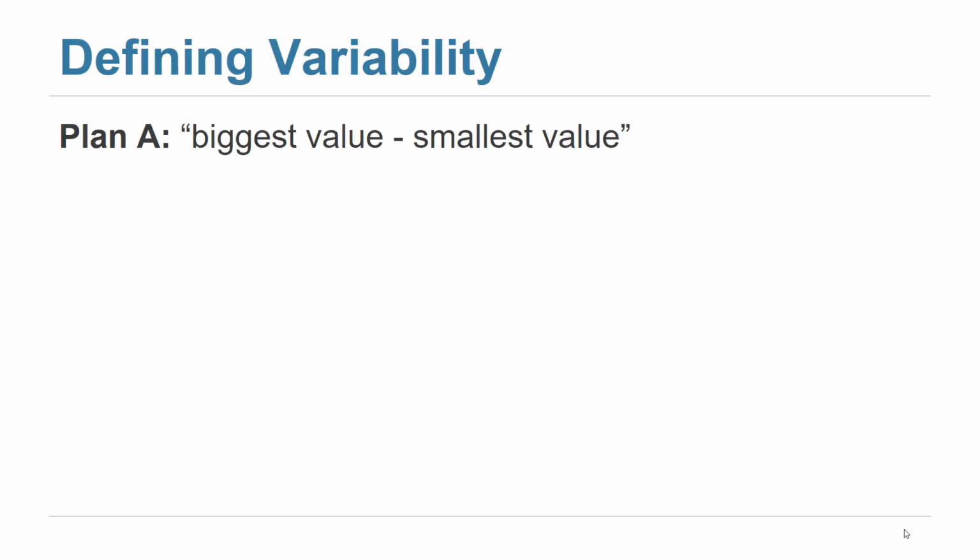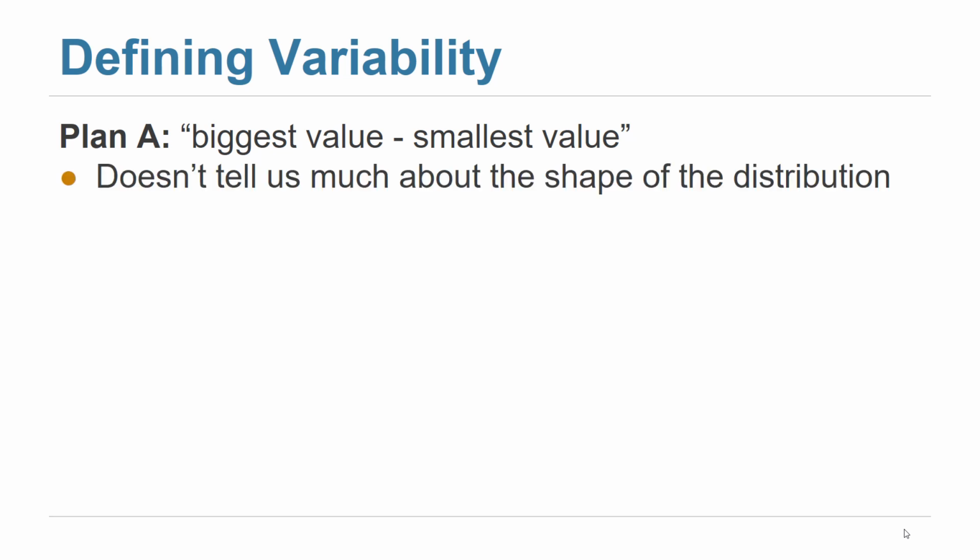Now let's see how we can quantify the variability of the values in an array. The first idea is to compute the difference between the biggest value and the smallest value, or maximum and minimum. The problem with that is that it doesn't tell us anything about the values in between, or much about the shape of the distribution. Many things can change within the values of the array, but the difference between the maximum and the minimum will be the same. So this idea is not good.